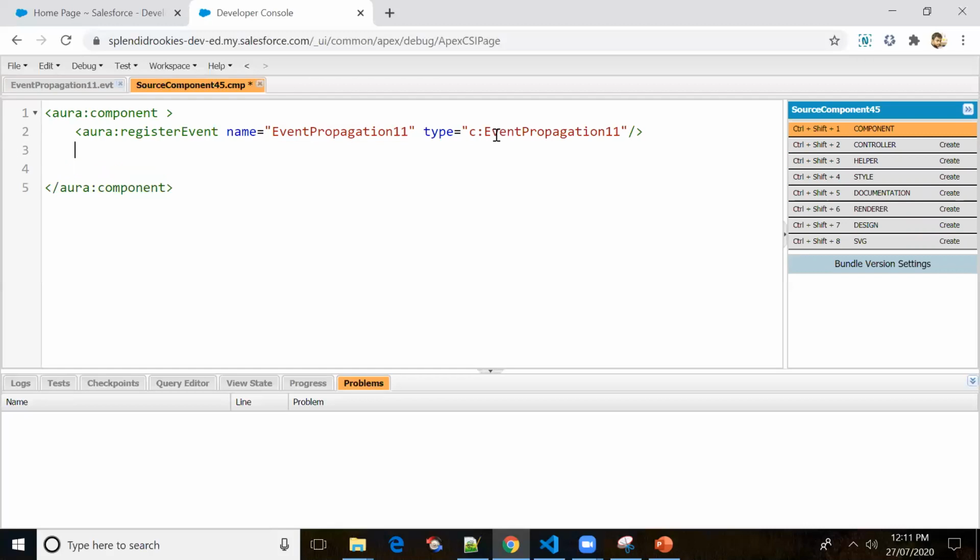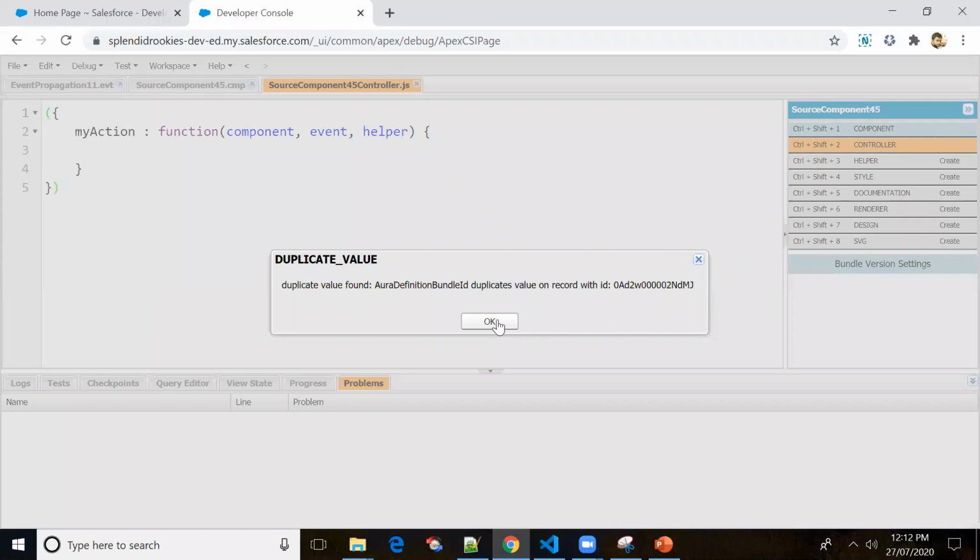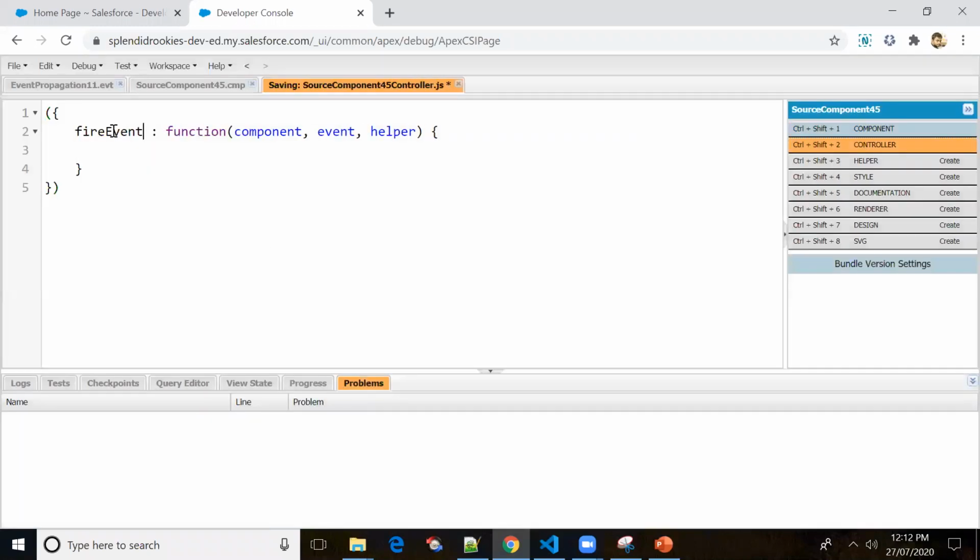I'll be creating a button, lightning button with label equal to fire the event. On clicking of this, we are going to fire the event, c dot fire event. Let me open the controller. In fire event, I'll get the event properties.